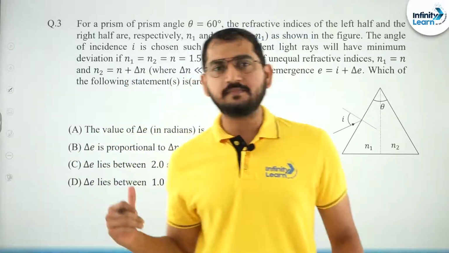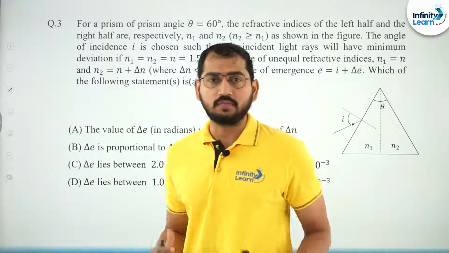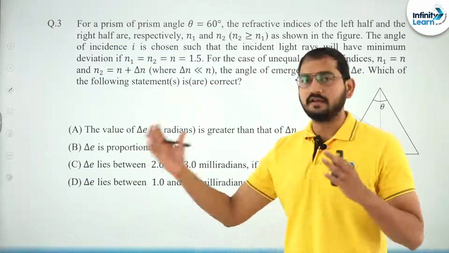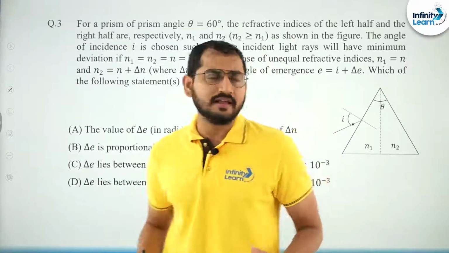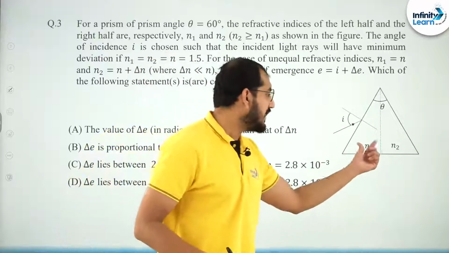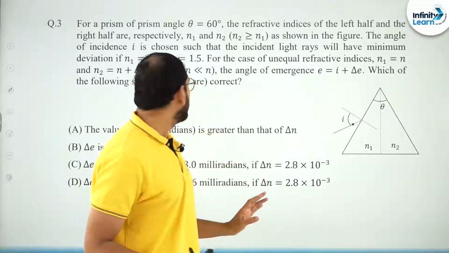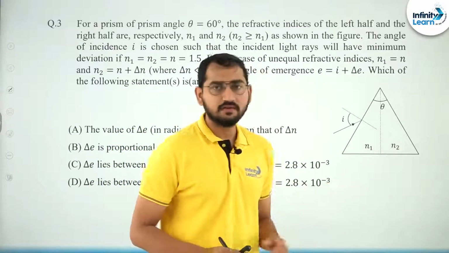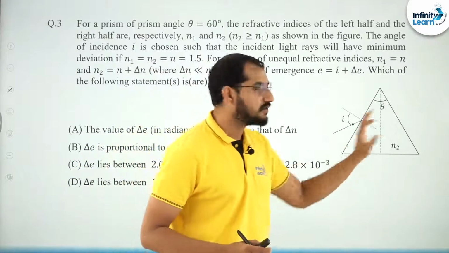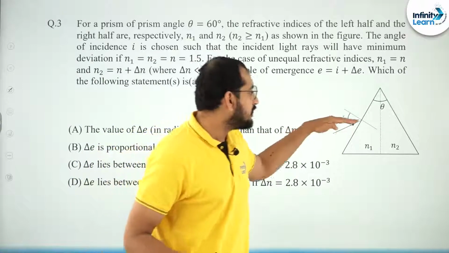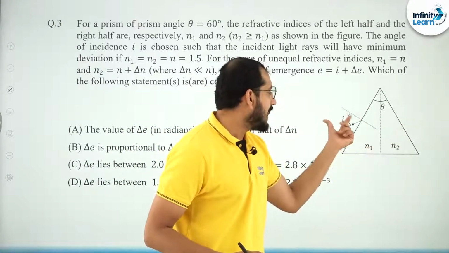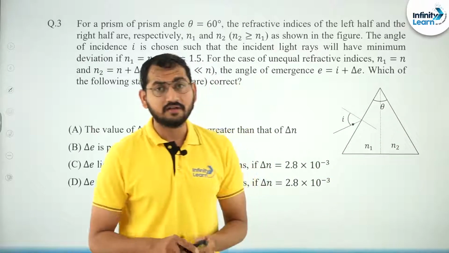So students, in this particular question, we will discuss the properties of prisms. This question is basically divided in two categories, case 1 and case 2. In the initial case, it is given that the prism has a uniform refractive index, that means N1 and N2 are both equal, and the value is given as 1.5. And the angle I is set in such a way that minimum deviation is occurring. That would mean the refracted ray will be parallel to the base and there will be a symmetry on the left and right side, and angle I will be the same as angle E in this scenario. That is our case number 1.